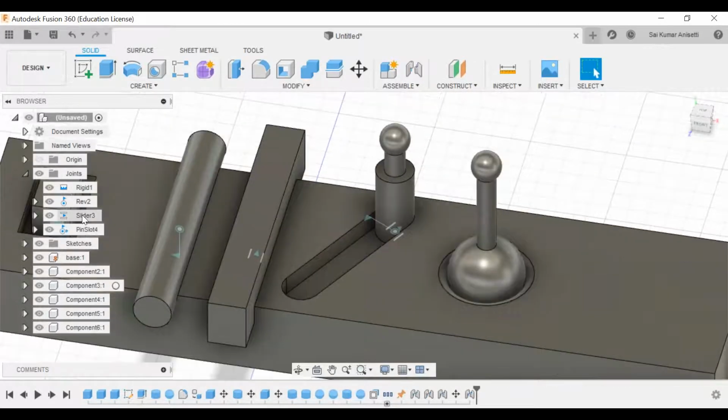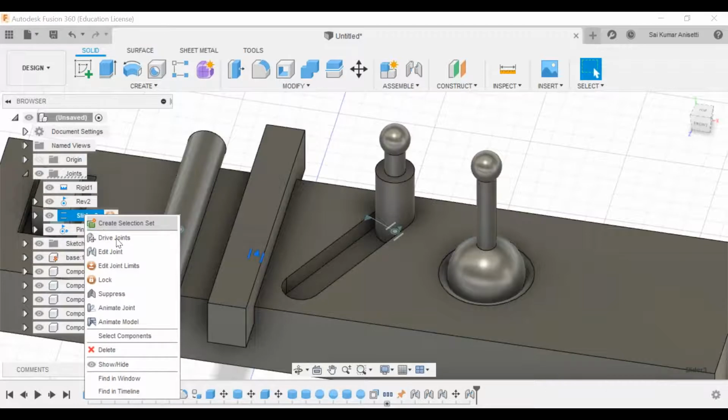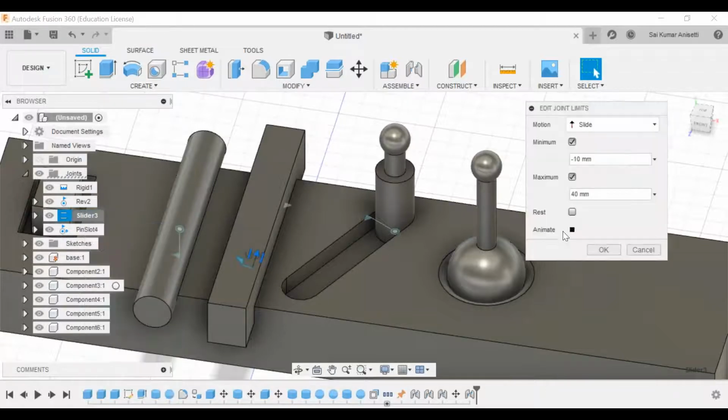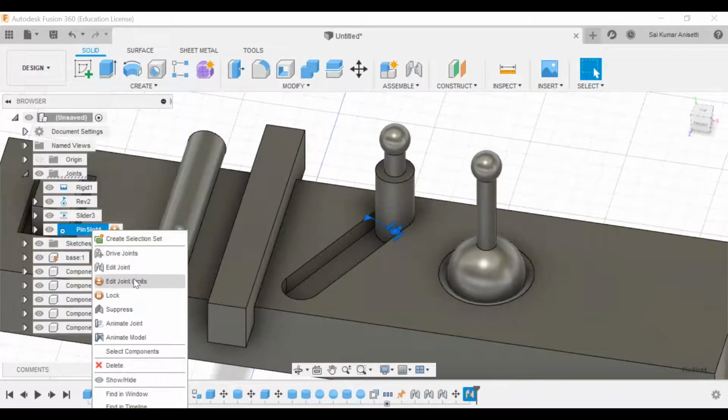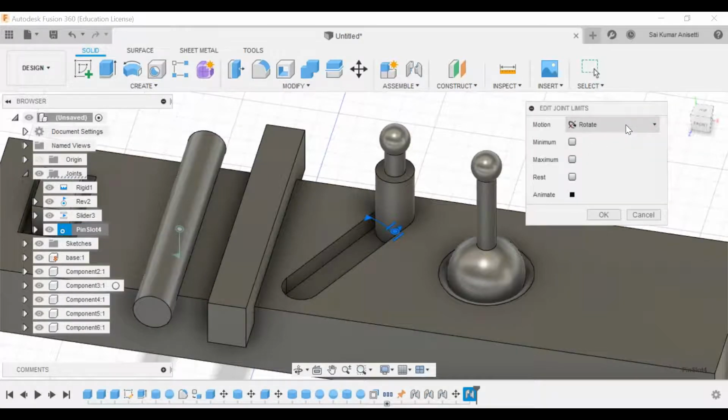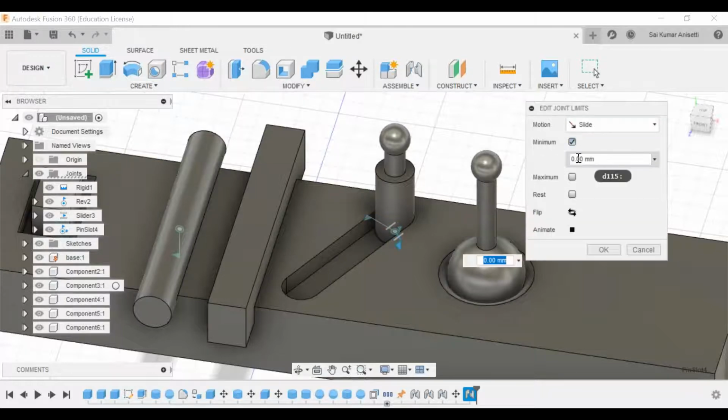Now I want to limit that to only my given slot. Edit joint limits. Now what I'll do is go with sliding. Okay, not this joint. There it is. Pin slot. In the pin slot type, edit joint limits. Rotation I'll go with 360 degrees. And if I open slide, I'll give a minimum value and maximum value.